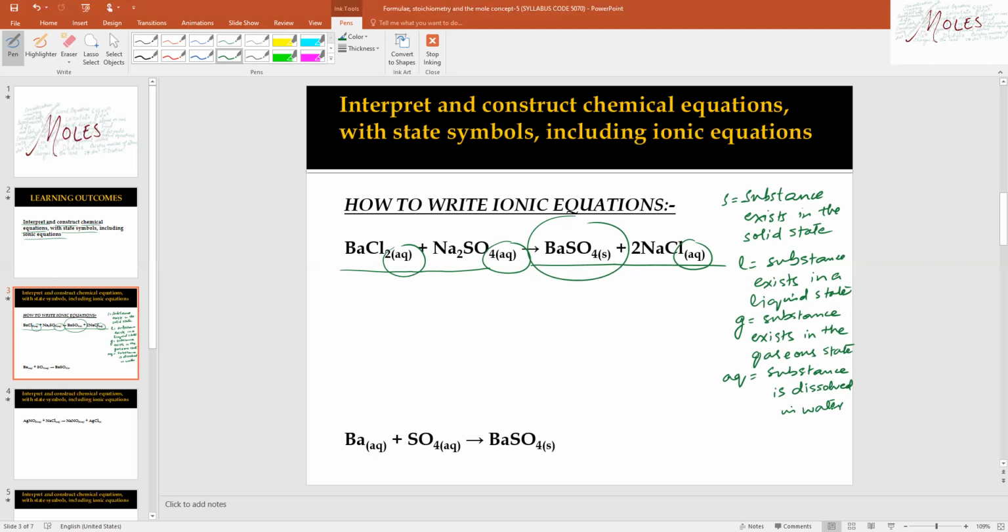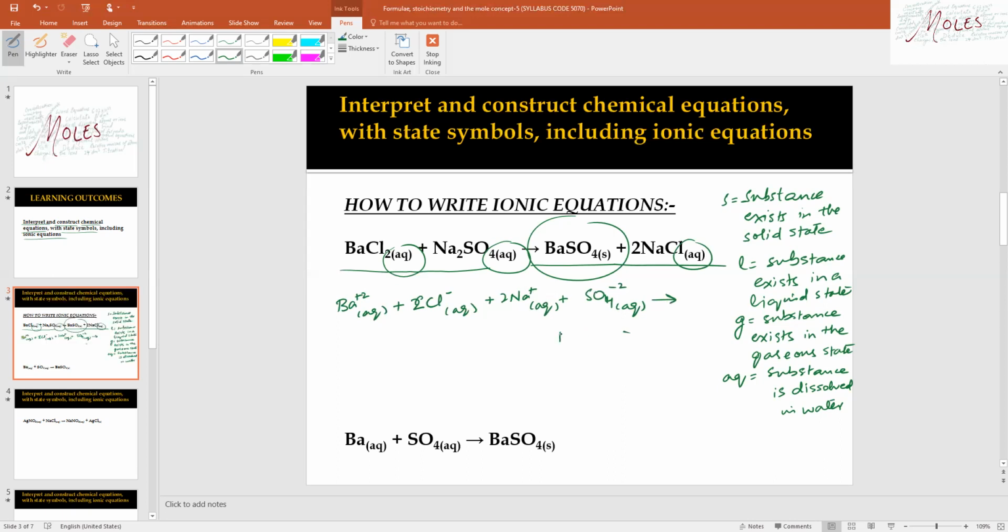aq comes from aqueous. What you have to do is write ions for the compounds with aq as their state symbols. Leave the formula as it is for the compounds with state symbols like s, l, or g. We will get this: Ba2+(aq) + 2Cl-(aq) + 2Na+(aq) + SO4 2-(aq),